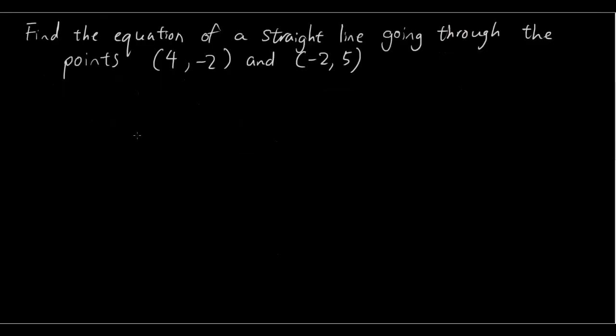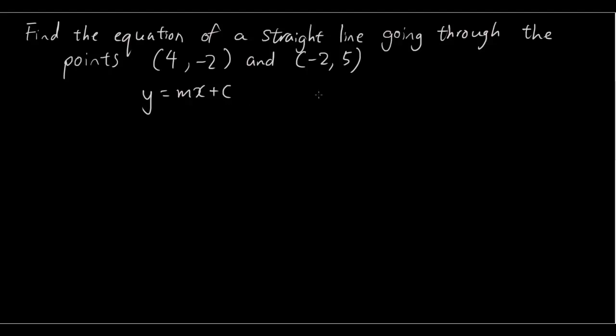Okay, now we're going to try a different type of question. In this question, instead of giving you a gradient and one of the points, the question gives you 2 points and asks you to find the equation of the line going through the 2 points. So we have to use some different steps to tackle this kind of question. The first thing we realize is that we know 2 equations, 2 general formulas. We have y equals mx plus c,